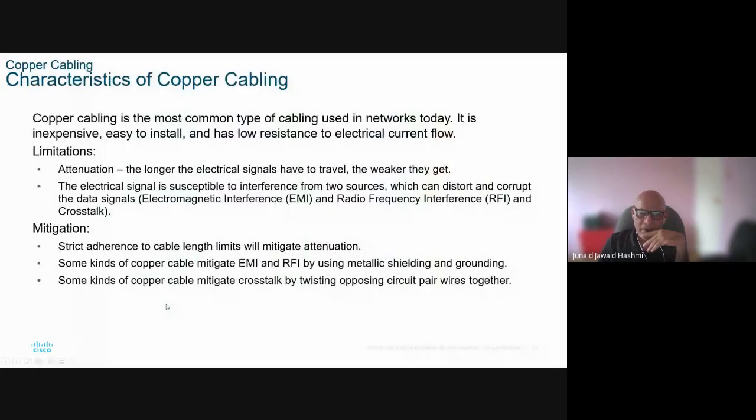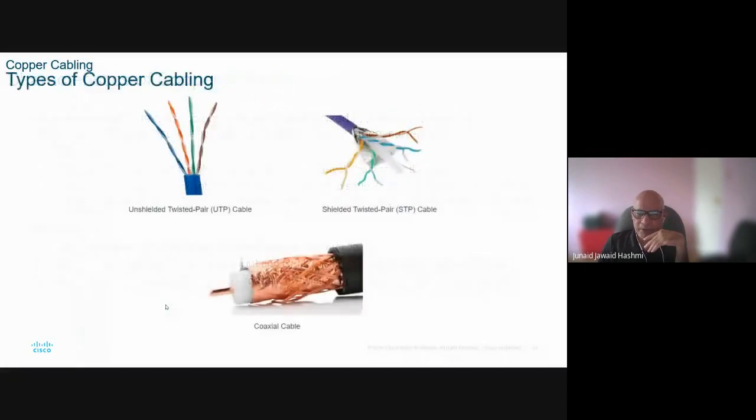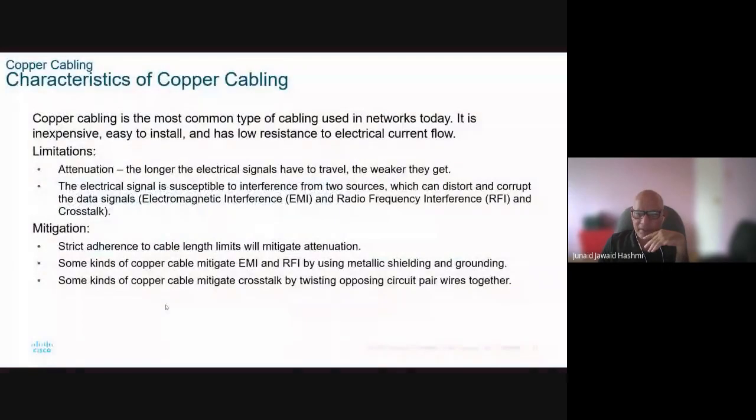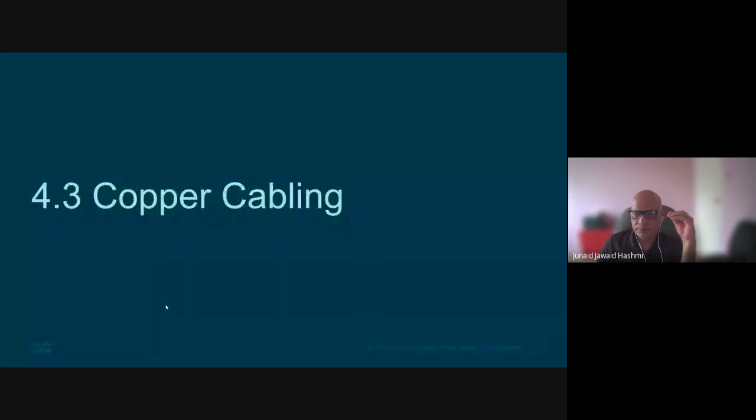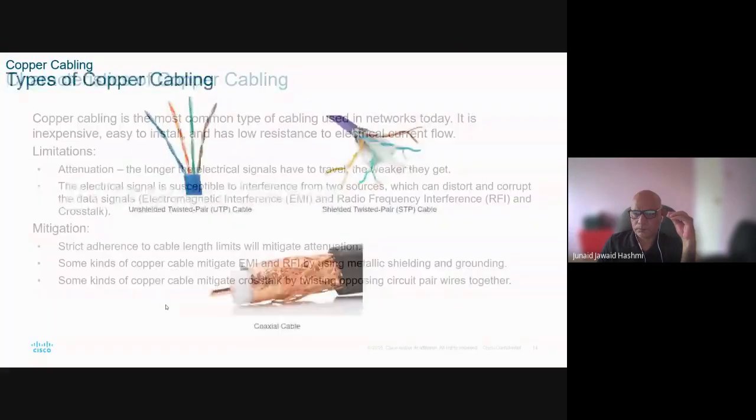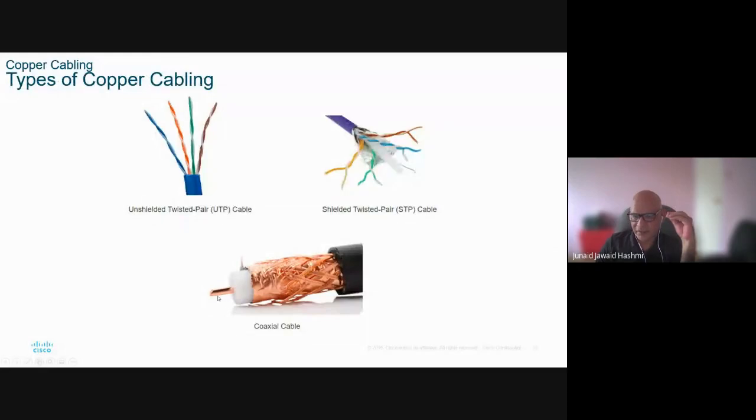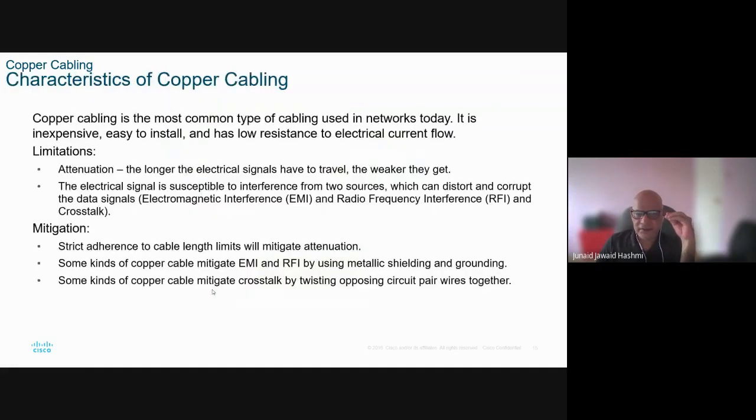So let's talk about copper cabling. In the network, the most popular type is copper cabling. What does copper cabling mean? Meaning the core of the cable, like this is the core, okay, of every cable is made of copper, and they carry electrical signals. Now the consideration of copper cabling is the longer the cable is,